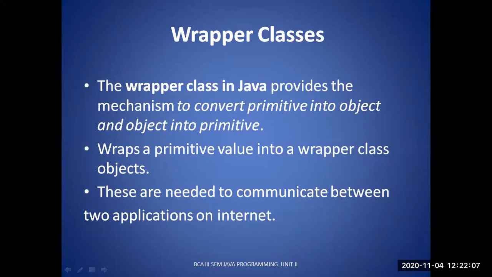So what is the major purpose of these wrapper classes? Let us say that we are searching for a particular thing, for example I want a PPT on some topic. You type some characters into it, whether in small letters or capital letters. Yes or no? They are accepted, based on the type of search you are using and the type of data you supplied. The output will be displayed from the Google search.